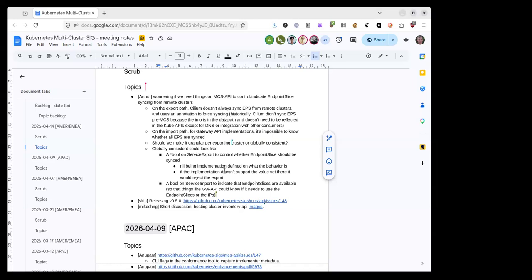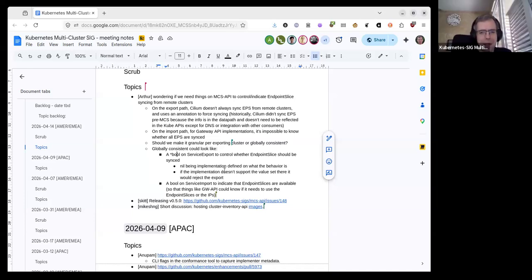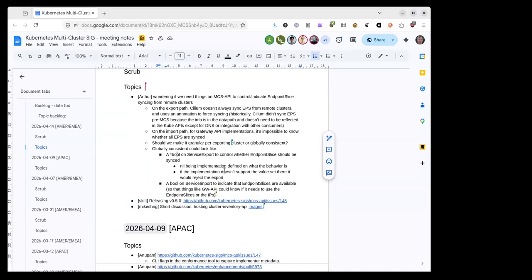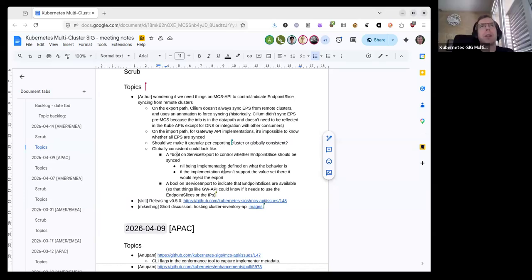Well, there is a sub-problem with that, which is that instead of being globally consistent, we could say on the export side, I want this cluster to export endpoint slices, but not this one. Yeah, no, I'm not saying that it should be possible for only one importing cluster to say I want endpoint slices, but not have them anywhere else. It's just that if you had